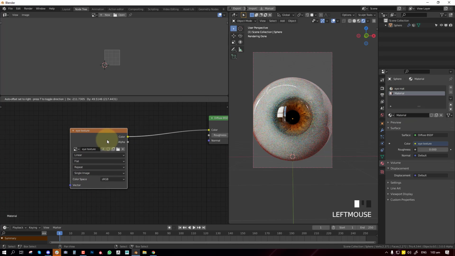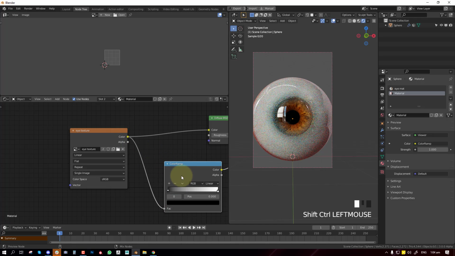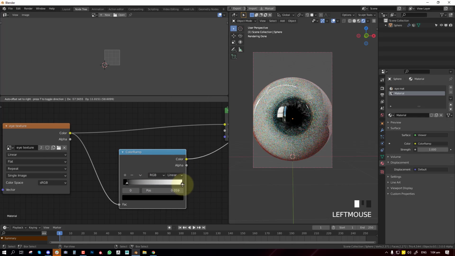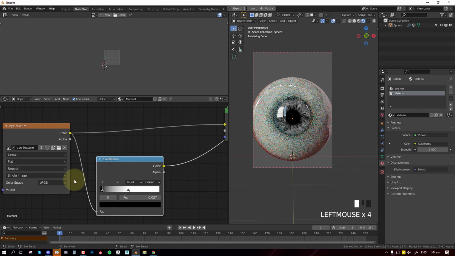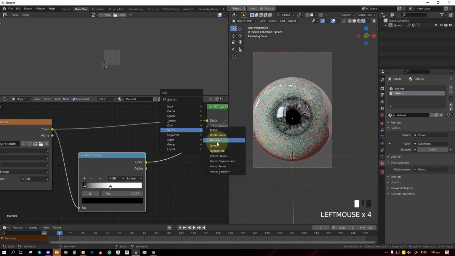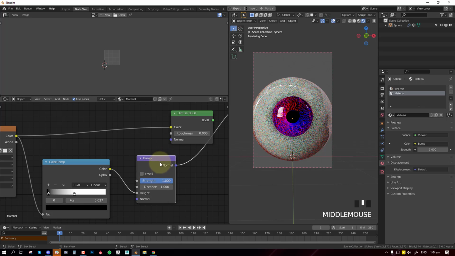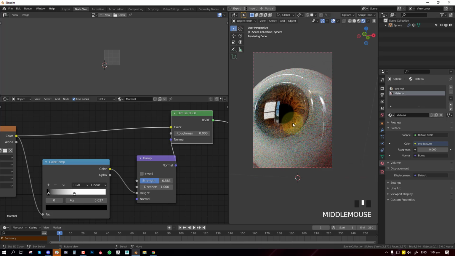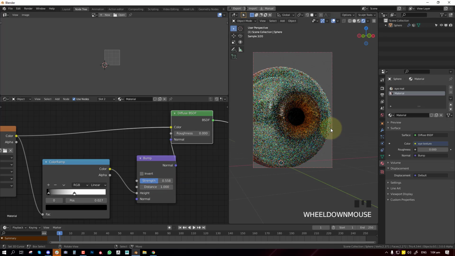So now it's just building up the materials some more to give it more details. For the eye, we probably want to add some bump to give it even more depth and complexity. So using the color ramp, I'm going to create that and add a bump node, such as the height. Okay, so we can start seeing some ridges there. If you don't want it to be so obvious, you can adjust it.